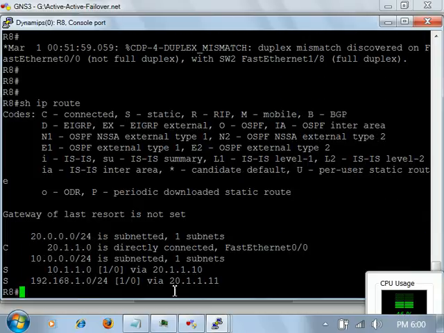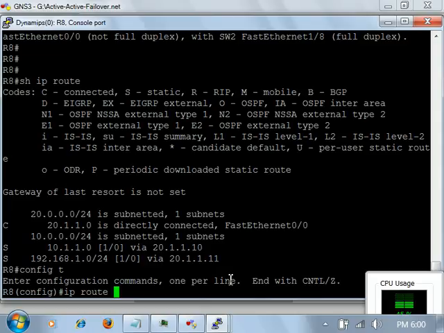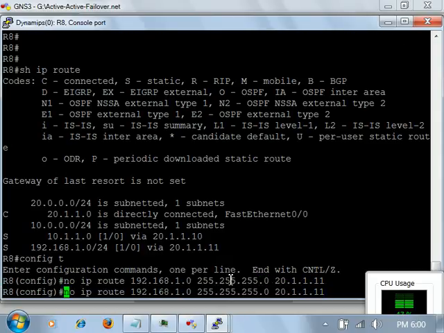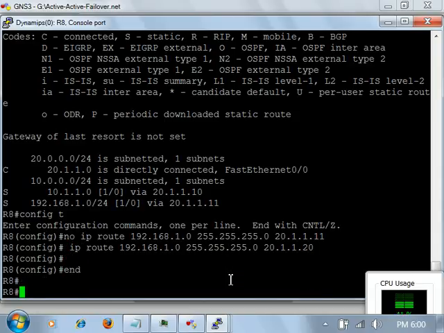So IP route, previously we said that you send it to 20.1.1.11, but we changed the IP address to 20.1.1.20, right? IP route 192.168.1.0. Remove it and again inject it with the right IP address. Now you ping